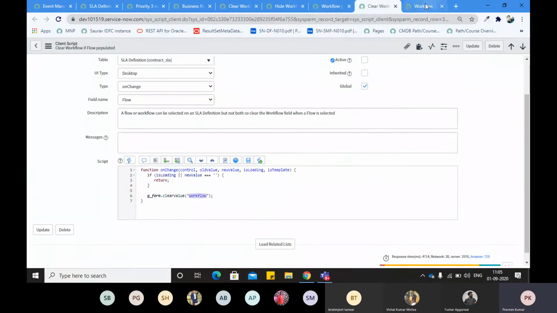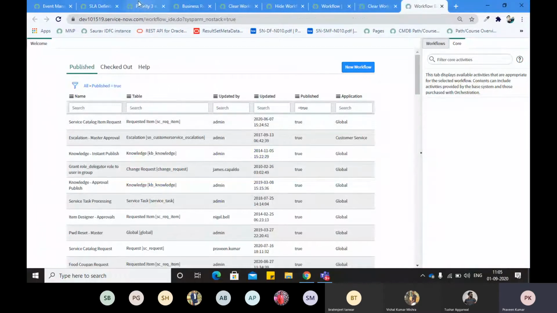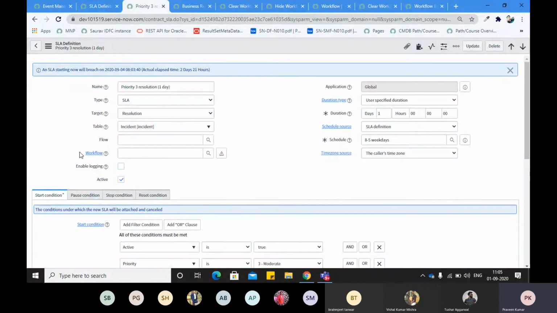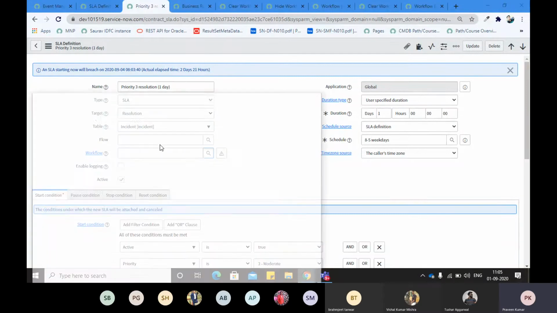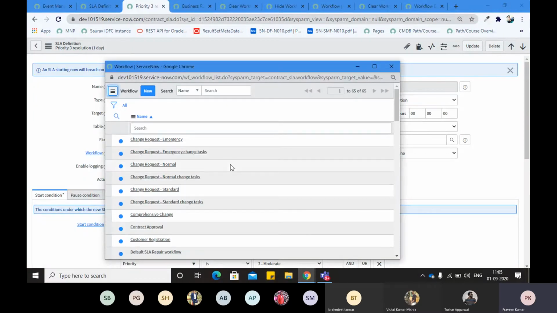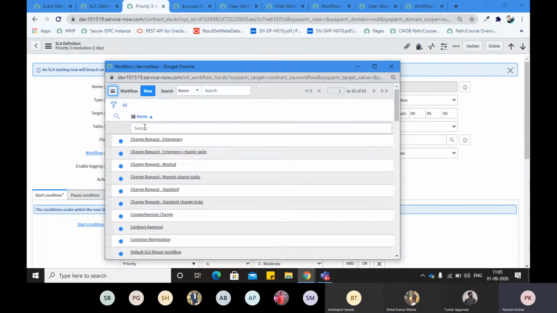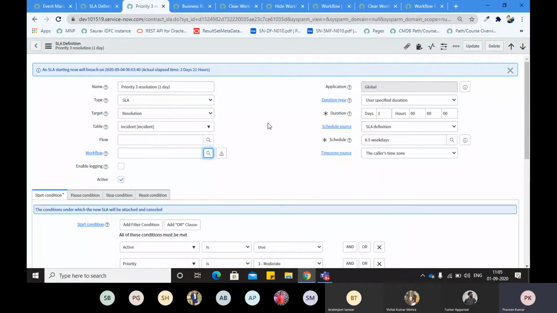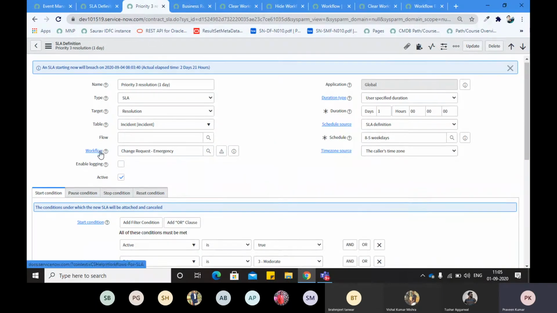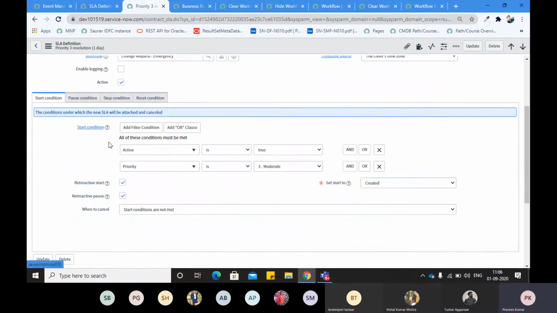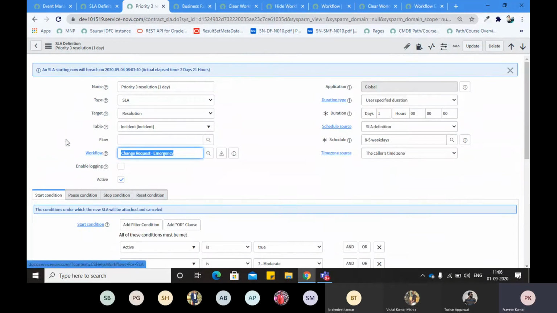ठीक है. So what will happen? You guys will create your workflow and then you can come here, right? And once you guys come here, all the workflows you have created for your SLAs will show up, and then you have to select any workflow and just submit. Once your record is created in ServiceNow, this SLA will automatically get attached on the basis of the conditions, right? And this particular workflow will start to run.